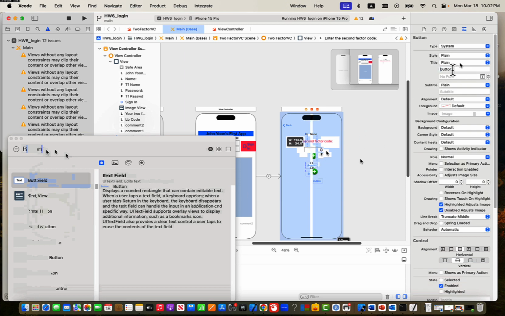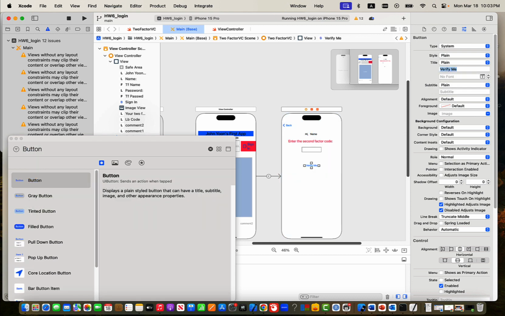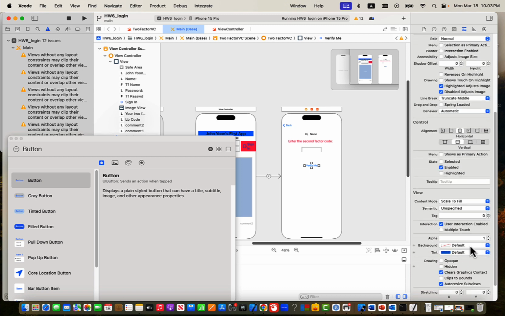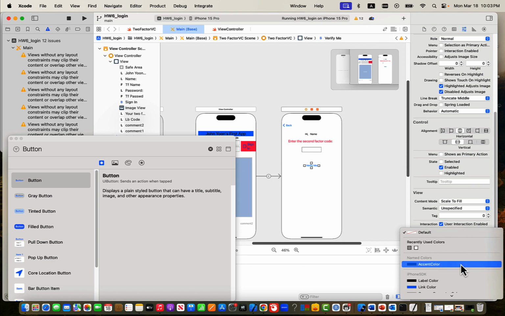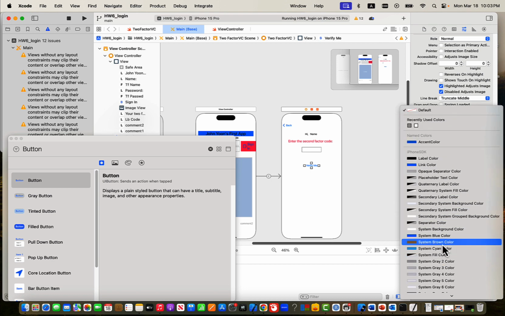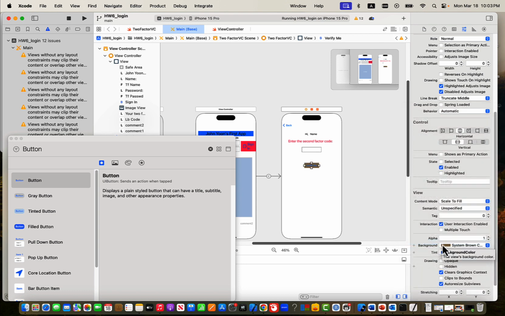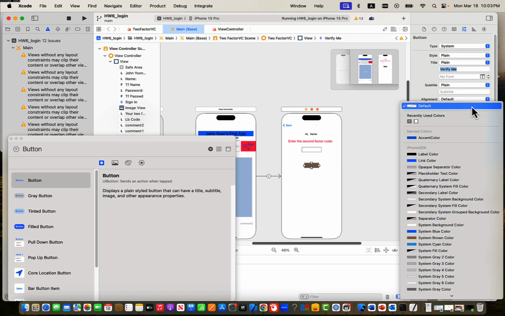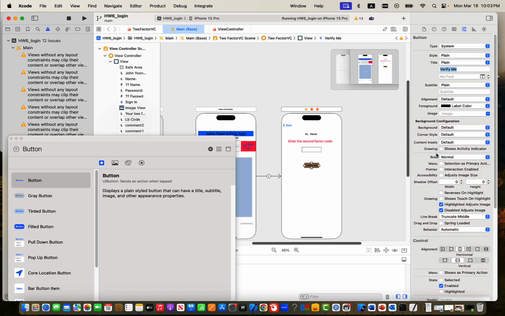And then you can say verify me. Enter. So it looks okay. If you want to make it like a button, then put the background maybe brown, and the foreground color, I want to make it black. Okay,